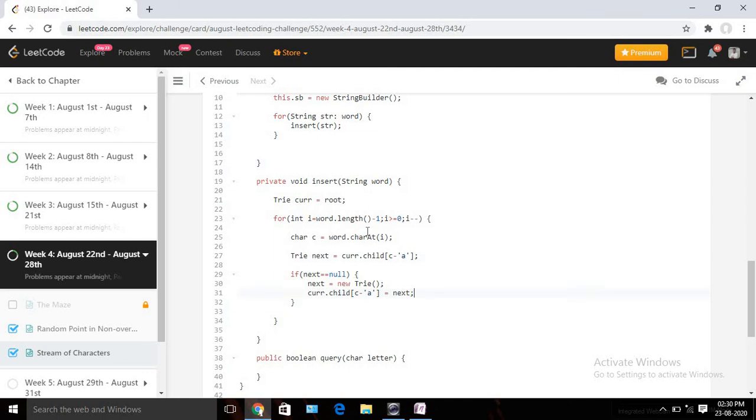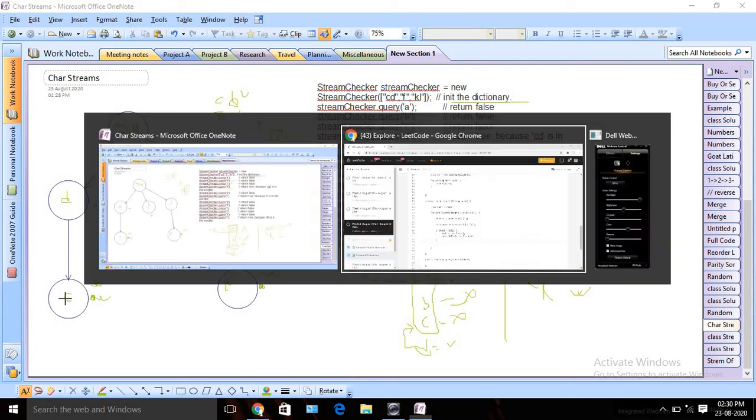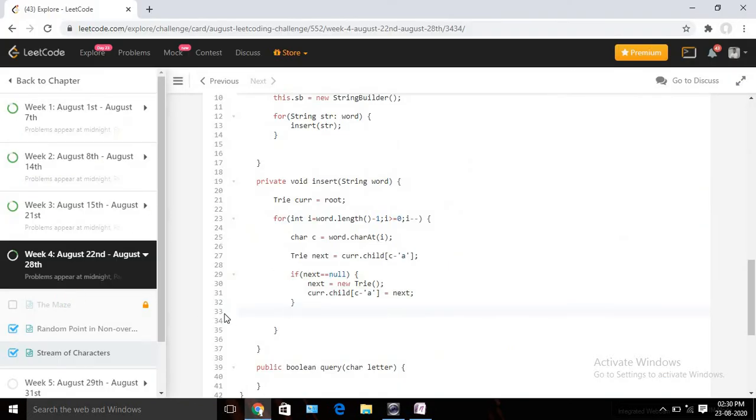And once we are done with that, we need to move forward, or move to the depth. Suppose I found that d is not there, I created my d. Now my counter will come to c, right? Because we need to keep checking till the depth.